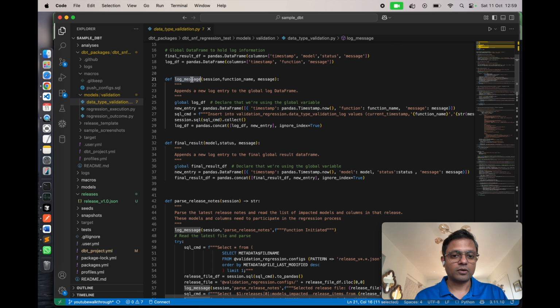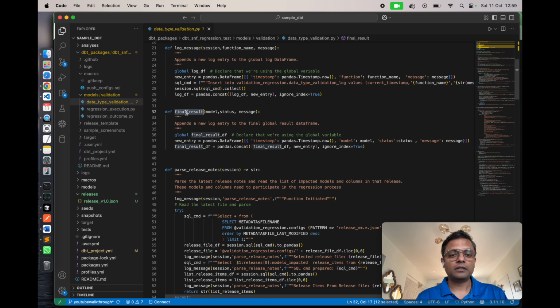As you can see, there is something called a log message, because this is what is logging into the underscore log table. And as I said, I could have used event tables, but personally speaking, I was not very happy with the way the event tables gives you the result. It gives you a clutter of information, and then you have to write a lot of filters to filter out what you need. The final result needs to be curated by you